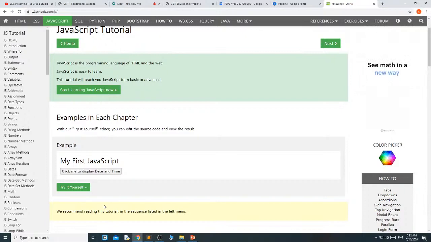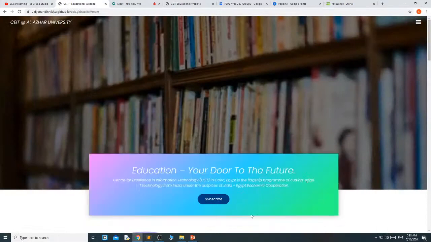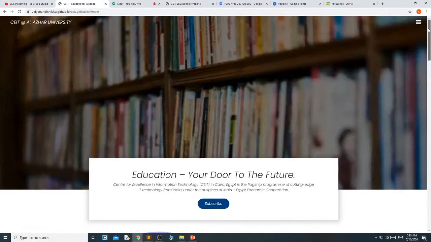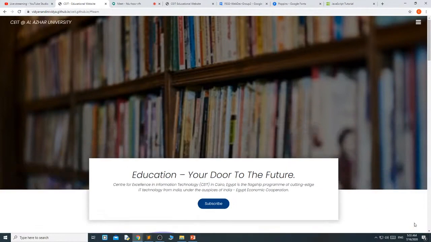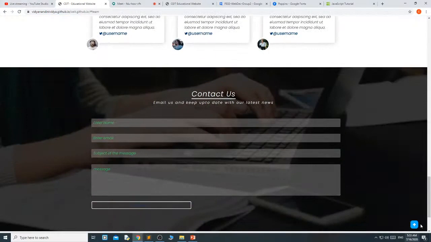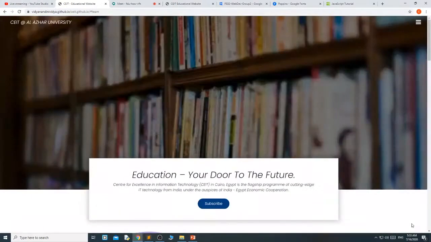Then JavaScript will decide how it will behave when the user interacts with that particular website. The behavior is decided by the JavaScript. Like here we want that when the user clicks on this button, it will go up. This is the behavior.